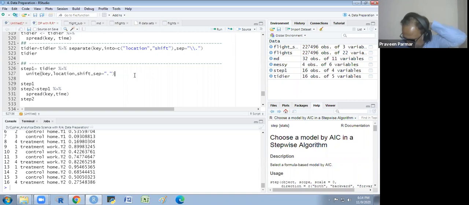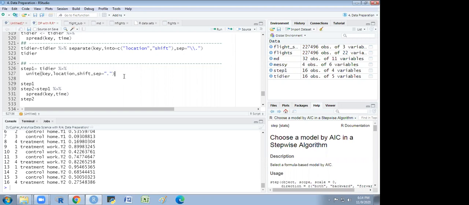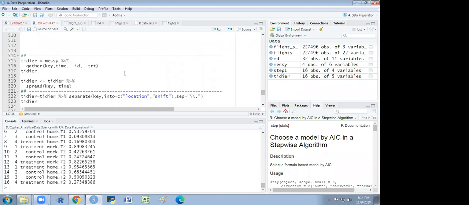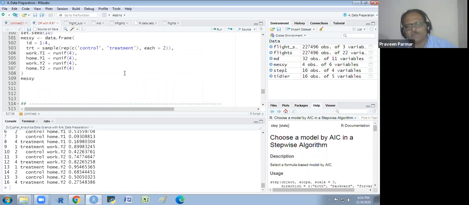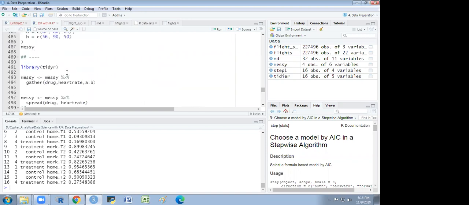Sir, I installed the tidyr library. After that, for Messi, I am getting an error like can't subset columns that don't exist. What is the issue? You have installed it, then you have to run it.